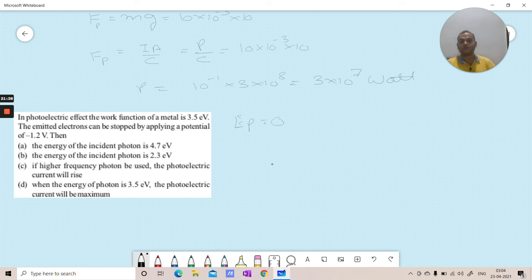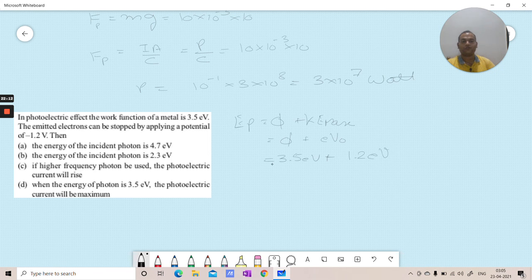Energy of photon is equal to phi plus KE max, which can be written as phi plus eV naught, that is the stopping potential. The stopping potential has been given as 1.2 volts, and the work function is given as 3.5 electron volt. So 1.2 volt stopping potential will convert into potential energy. How much will it be? 1.2 electron volt potential energy. So here we write E has to be equal to 3.5 electron volt plus